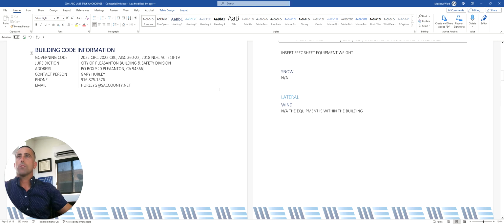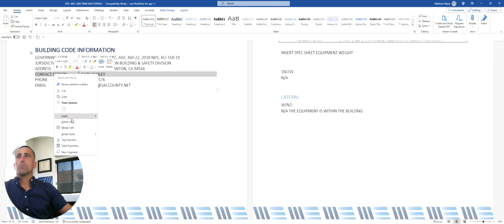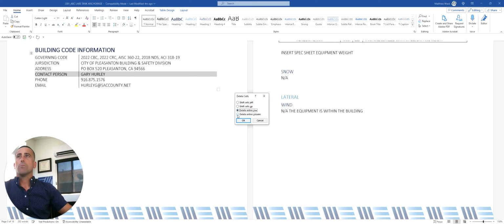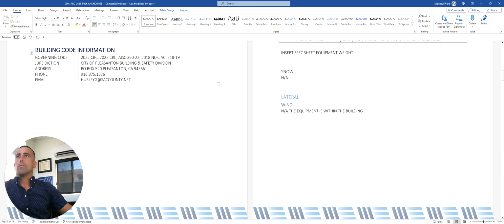And we don't currently have a contact person, so I'm just going to delete this row, and all I'm going to do here is put the phone number, so based on the website, the phone number